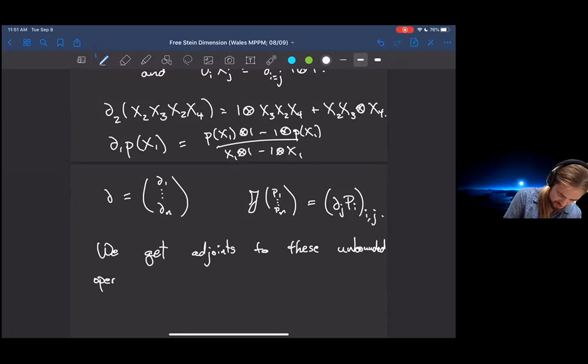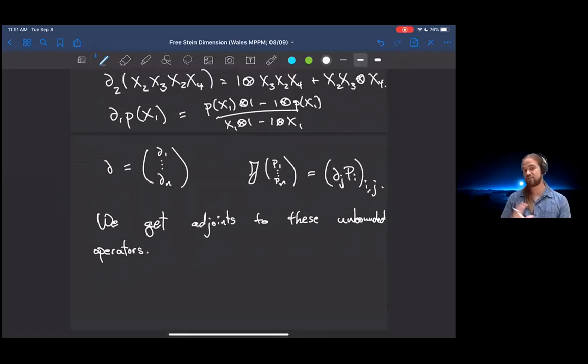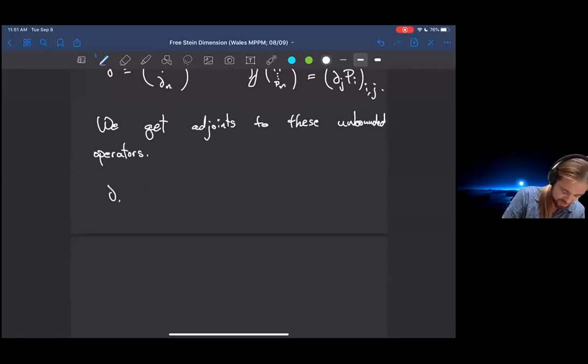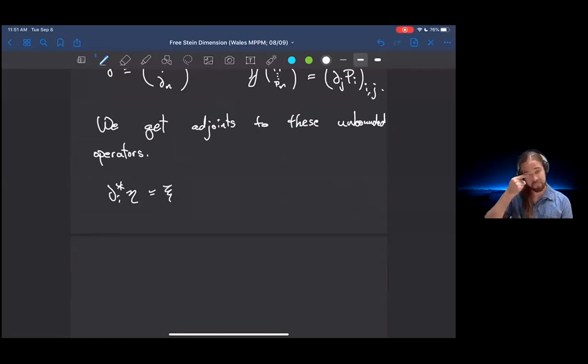And this is also the step where it turns out I can get around the fact that the free difference quotient may not be well defined. Because even if it's merely a relation rather than an honest function, if it takes multiple values on some polynomials because of identities, I can still write down the defining equation for the adjoint, right? So what would that ask? To say, for example, that the adjoint of delta I applied to some element eta in the tensor product is a vector C in the L2 space.